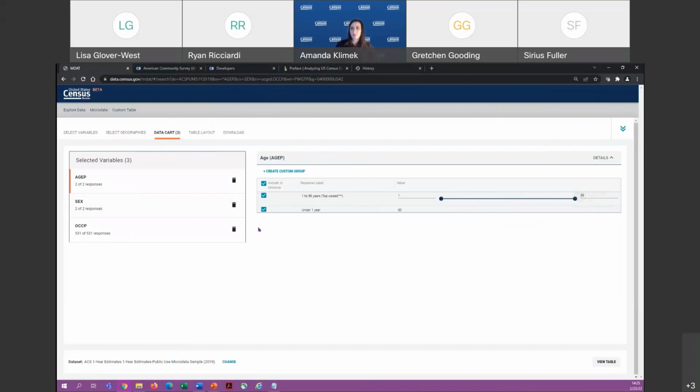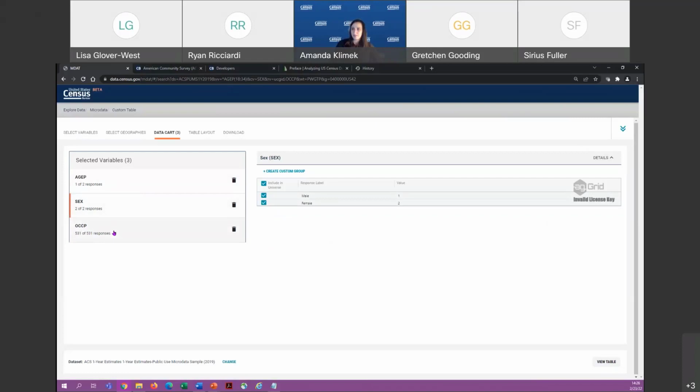Here's where we start editing our variables and customizing our analysis. We have the age variable highlighted, and I'm just going to limit the universe for now. This is not creating any specific categories; it's just limiting what's included in the scope of the table. So in the very bottom section, I'm going to set 18 as the minimum, and I'm going to go through 34, and that's what I'm going to define as young adult today for my analysis. I'm going to take it under 1 year, and I think that's good for now.